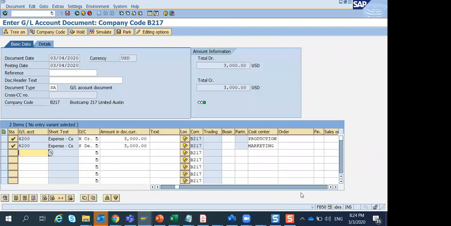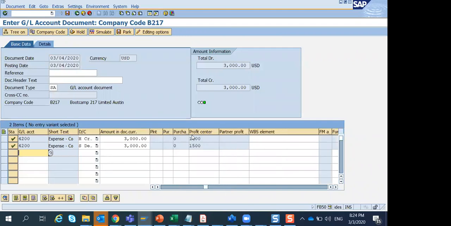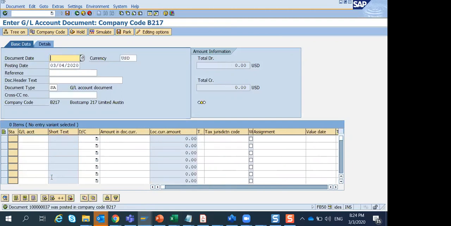Make sure that the profit center is different. Save it. This is a major change. This is a very major change in a real project. That's why it compiles all the time. All right, so we just did the posting. Now we'll start to do